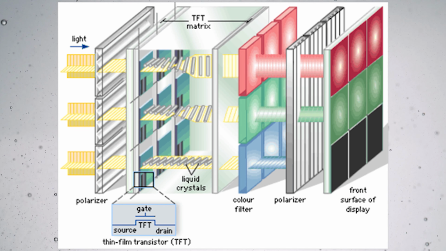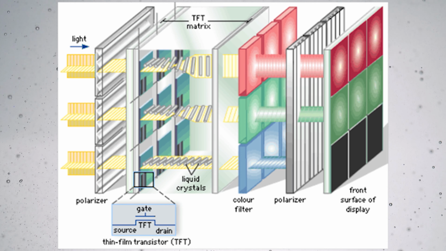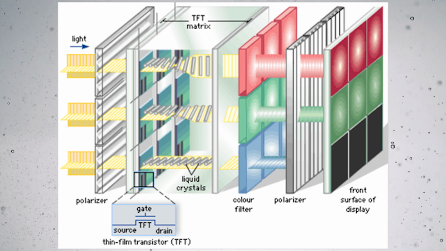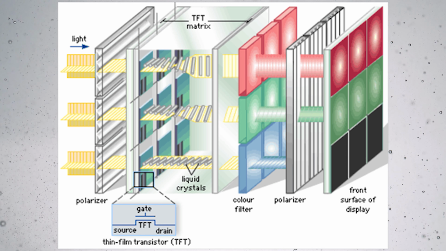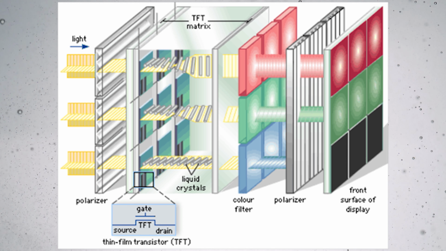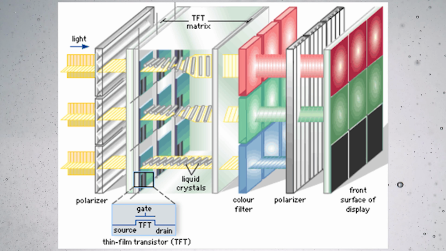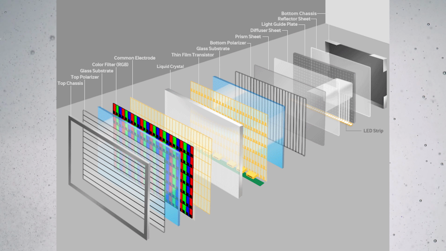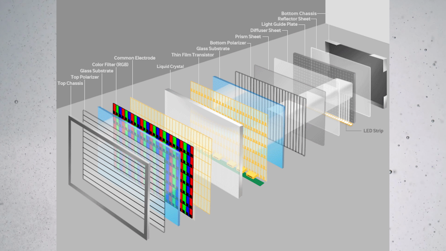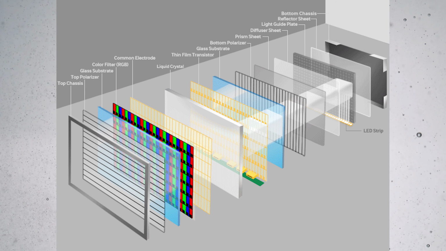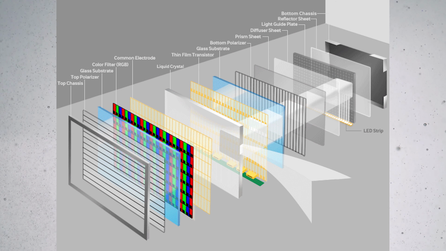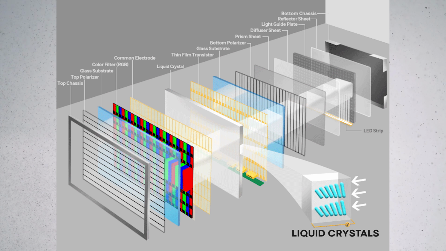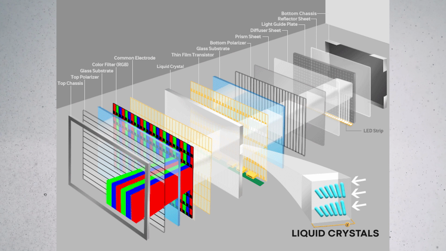The really complicated part comes next, as light is then polarized and passed through a crystal element. The crystal can be twisted to varying degrees depending on the voltage applied to it, which adjusts the angle of the polarized light. The light then passes through a second polarized filter that is offset by 90 degrees compared with the first, which will attenuate the light based on its angle. Finally, a red, green or blue color filter is applied to this light, and these subpixels are grouped into pixels to adjust color across the display. All combined, this allows an LCD display to control the amount of RGB light reaching the surface by curling a backlight, rather than producing colored light in each pixel.